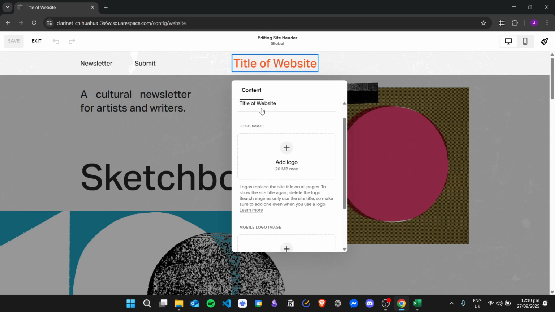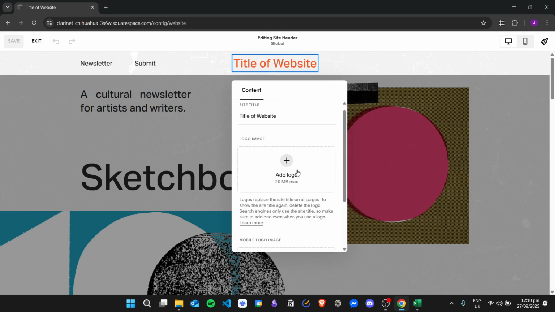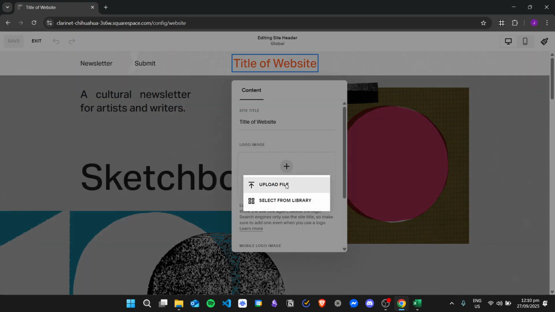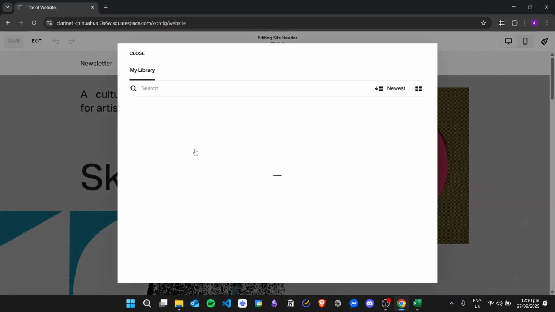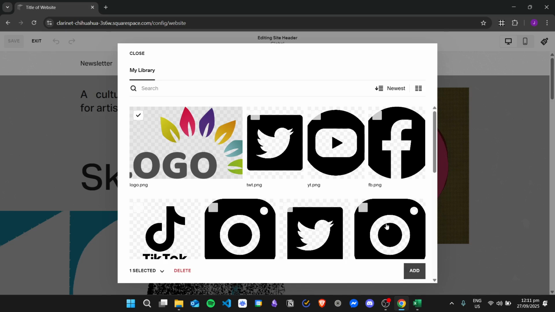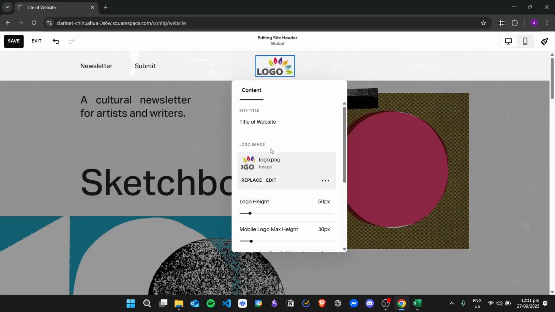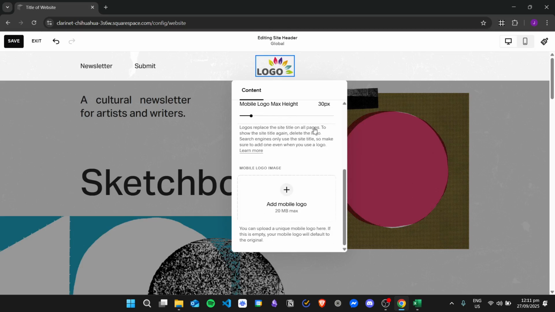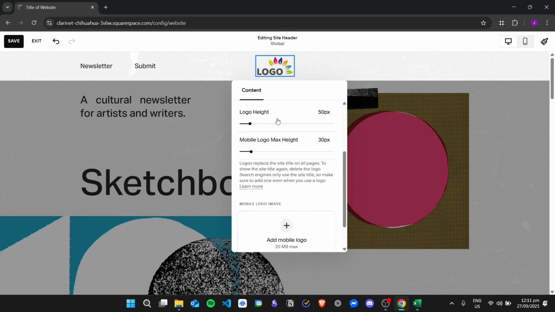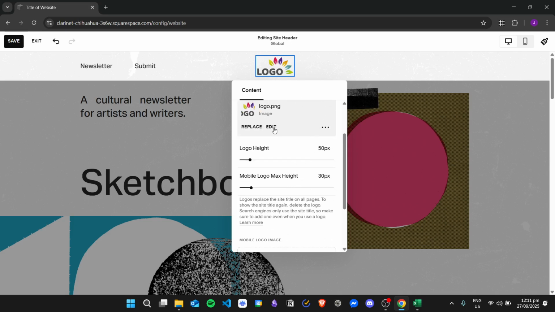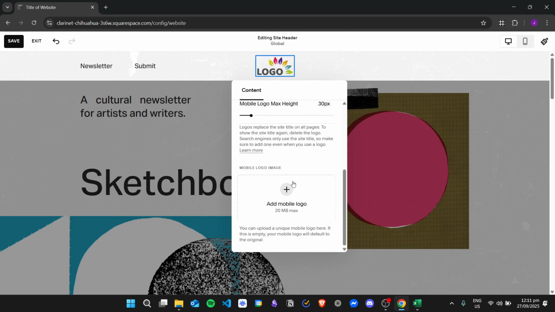And then if you are just using the text, we can't really change the size of that text, so we need to use a logo image. So let's just click on the plus button right here and then select from library, since I already have my logo right here. But if you don't have your logo yet, you can just upload your own image for your logo. And then if you have a different logo image for the mobile version of the website, you can add that as well, but I'll just use the same logo image, so I won't need to put any image right